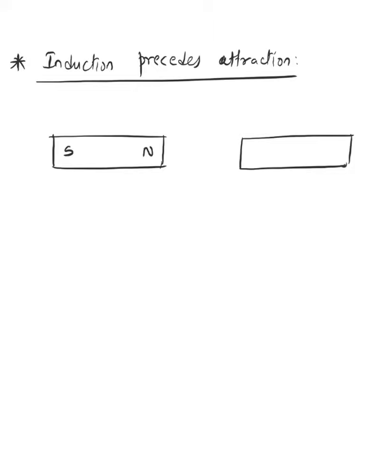See, we know when attraction takes place. It will take place between the North Pole and the South Pole, in the opposite poles. But if I have a magnet out here, and out here I just have a piece of iron. Iron does not have any fixed polarity. Remember, magnetic material do not have fixed polarity. They don't have a fixed North Pole or a South Pole.